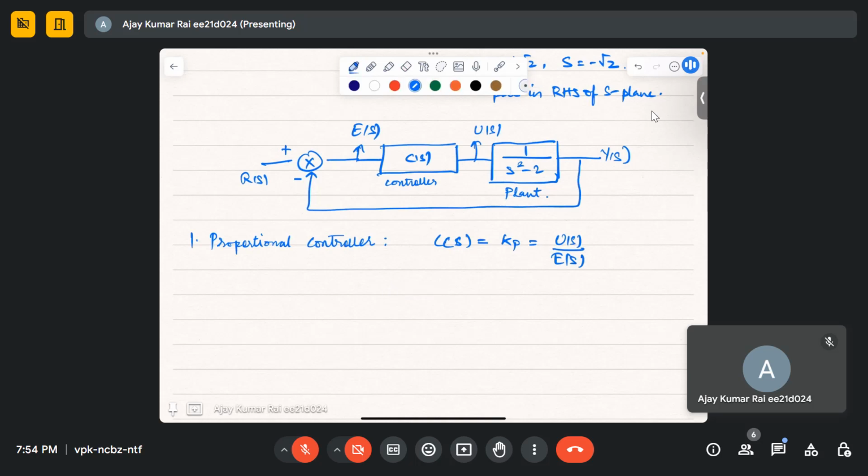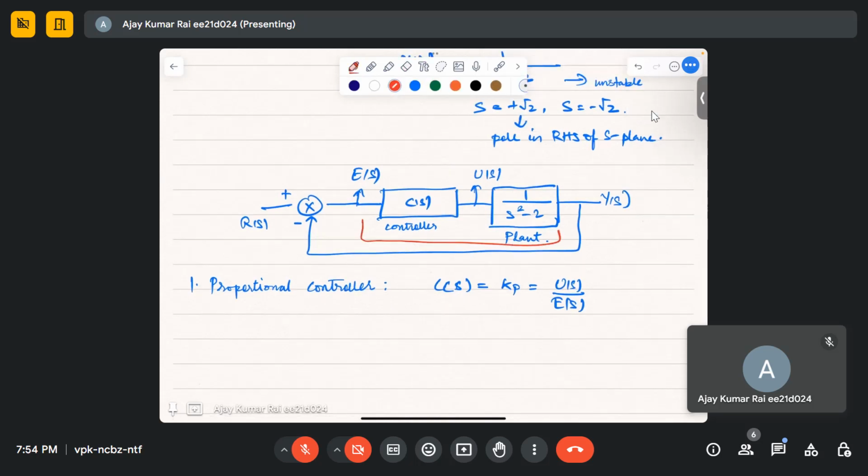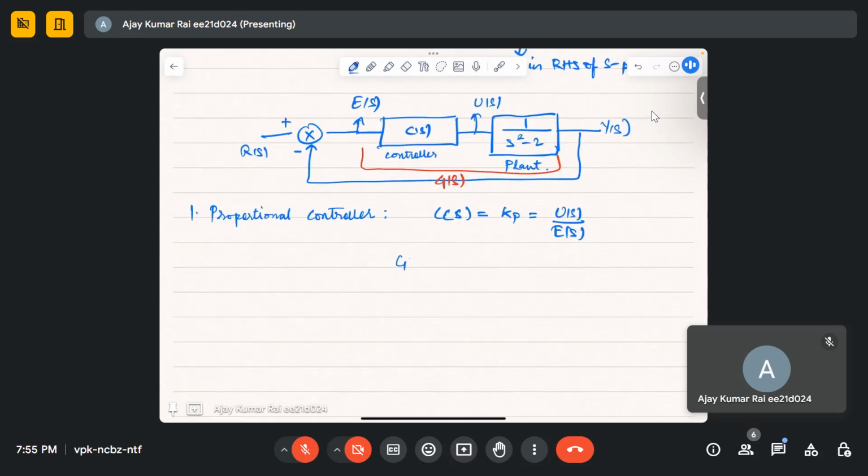Now let me write this as G of S. So G of S will be KP into the plant transfer function. Okay, now let's find the closed loop transfer function. The closed loop transfer function will be G of S by 1 plus G of S. So it will be KP,